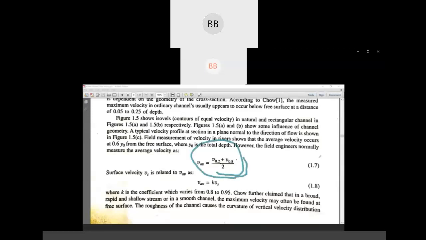So what happened last year, in the beginning of this year, when we were doing the project with your 8th semester students, they needed to find out the velocity in the Kulsi river, and we didn't have that instrument called a current meter. So what we did,